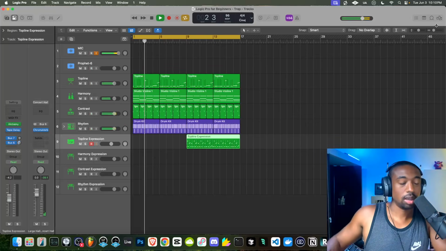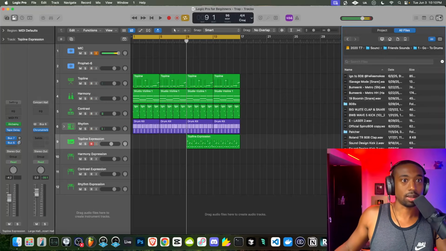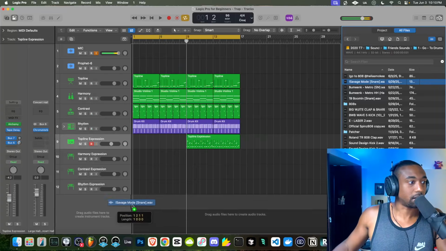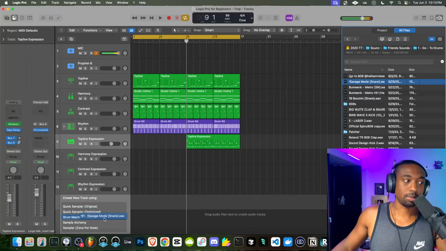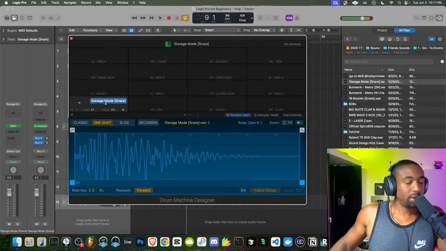So let's say I want to add some more rhythm, like dun, dun, dun, dun, dun, dun, dun, dun. So this is where I'm going to go to the rhythm expression layer, and I'm going to add in more sounds. Let's go to our library here and just go through some sounds. So here's another kind of snare sound. We're just going to left click, add this in. You could do Drum Machine Designer if you plan to add more sounds. And we could just double click here.